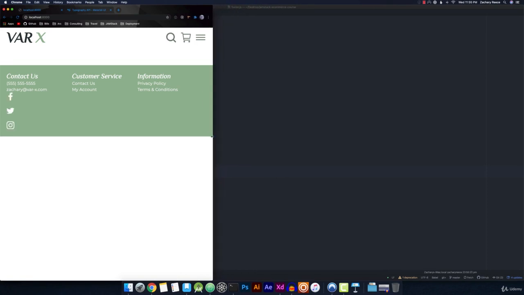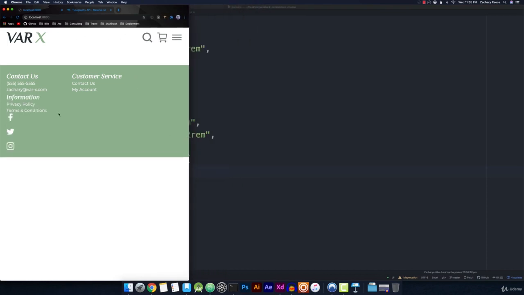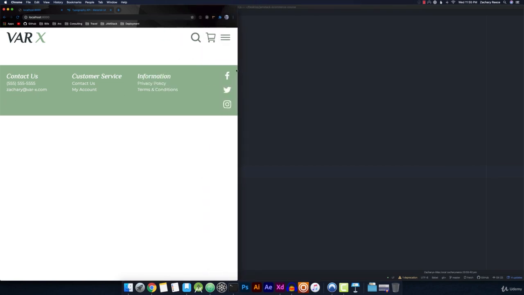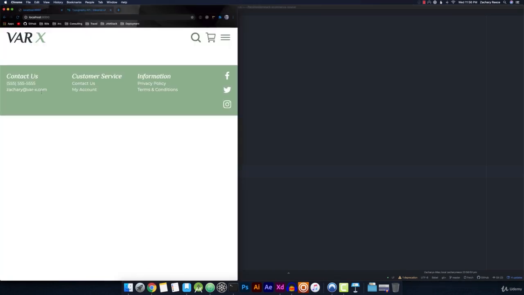And actually, I just realized, so if we went ahead and added a margin top of the social media icons, if we did it at the breakpoint for medium, then at this point right here, where we're at the medium breakpoint, but we haven't jumped down yet, it actually would still apply that margin, and then it would off-center this part right here. It would apply the margin top already, and it would push this down before we actually need it to. So let's actually, instead of that, let's put this on the link container and put a margin bottom,